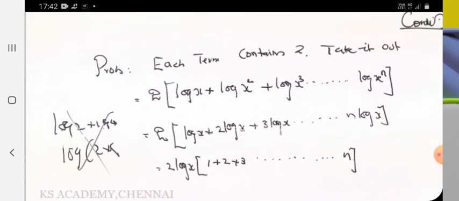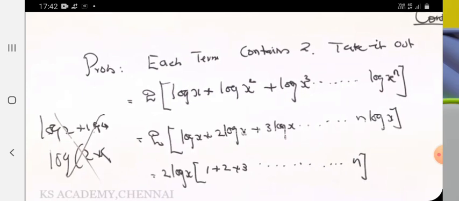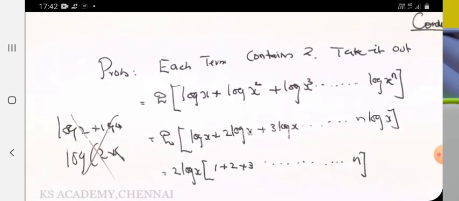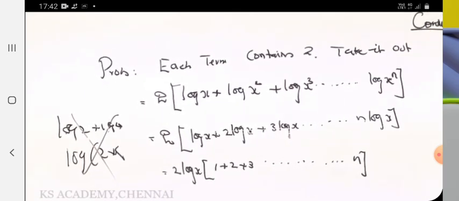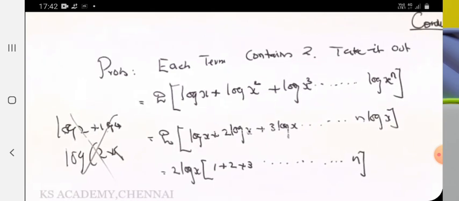Problem is equal to, the problem is very lengthy. Instead of writing the problem, what I have written: problem is equal to, 2 is a common number, take it out. Afterwards I am writing after taking 2. Log x is common, take out. These are the first 3 steps you have to understand. In future, when a problem like this appears, your first thought should be like this: common number we have to take, and for the rest, which formula we have to apply.